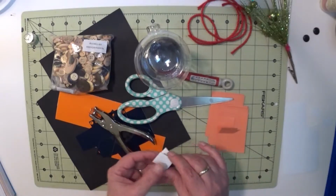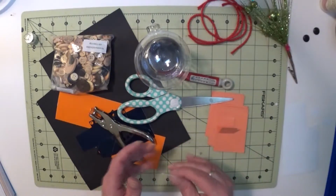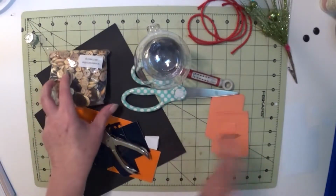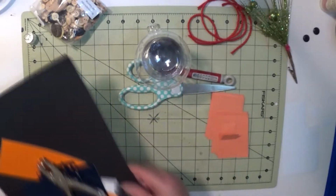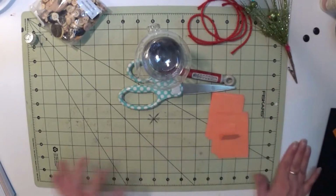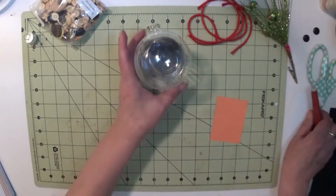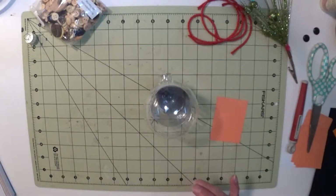I use white because I like to make the eyeballs. You do not have to, but like I said, it's all imagination. You can use paper. You can actually paint. If you've got lots of paint in, it would take just little daubs here and there, but this is the way I ended up. For the inside part, and what started this whole thing was I was putting away Halloween decorations,